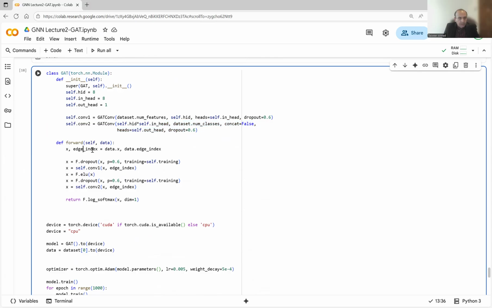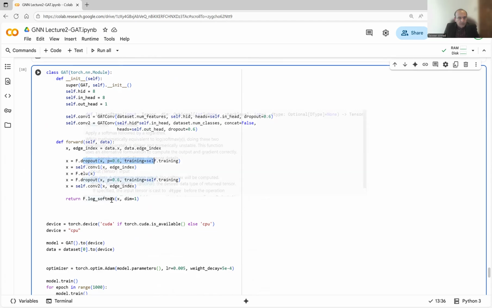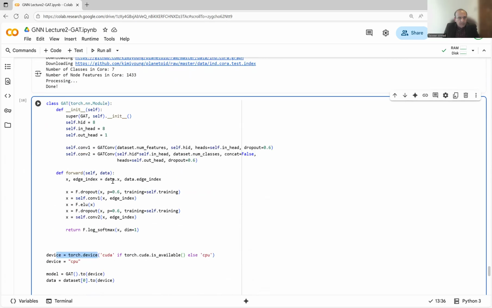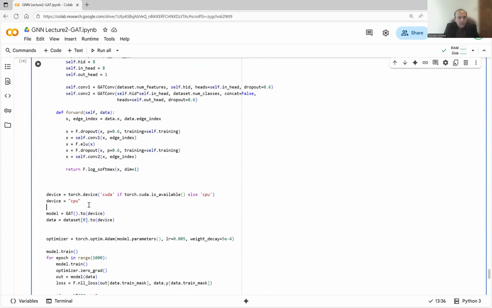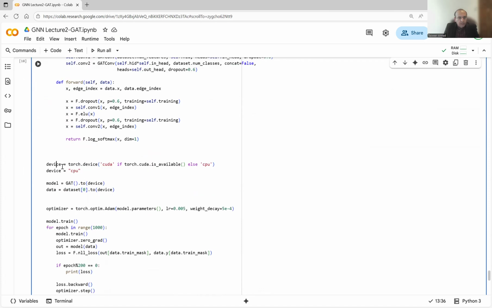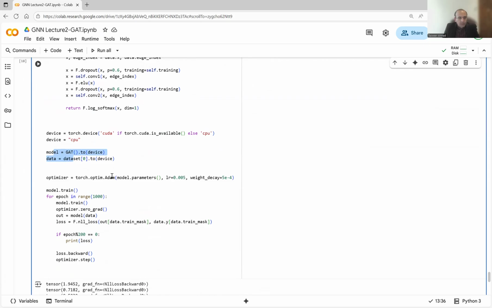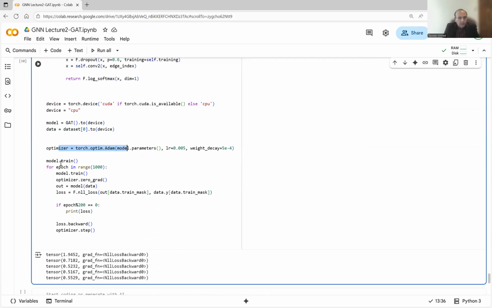In the forward pass, we have the edge index, we have the input layer, so we use p equal to the dropout layer of 60%. So this is the GAT function that we are going to use. We are going to use either CPU or GPU depending upon availability. We put both the data and the model on the device, either CPU or GPU, and this is the Adam optimizer. And we train our model for 1000 epochs,